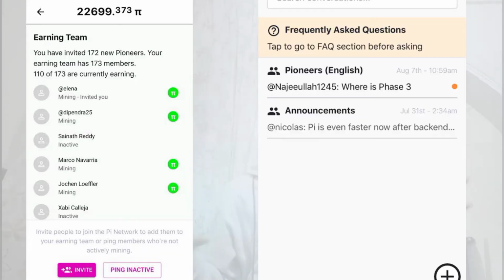Once you download the Pi app and join using my referral code, you get added to my earning team, my group chat, where you can discuss other cryptos and a lot of things. You can message me directly through the app and ask some things also. But just register through the app using my referral code and start mining. That's where the problem lies: if you don't use a referral code, you can't even go through the registration of the app. Just use the referral code, start mining, and once the coin gets listed, you automatically get your free money.